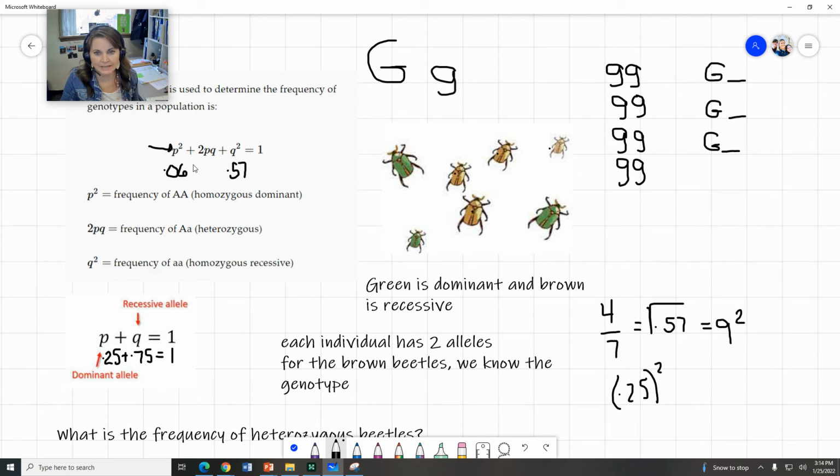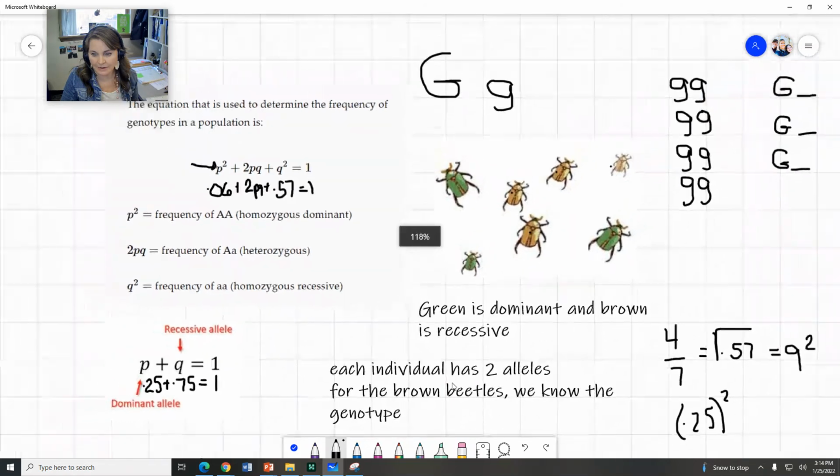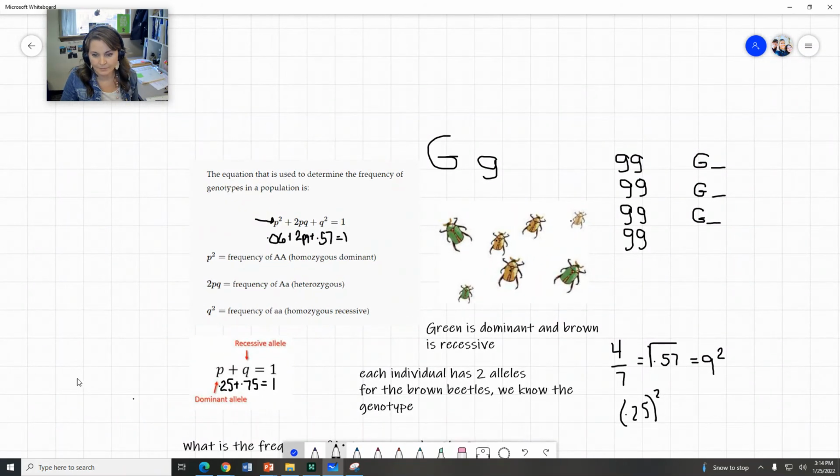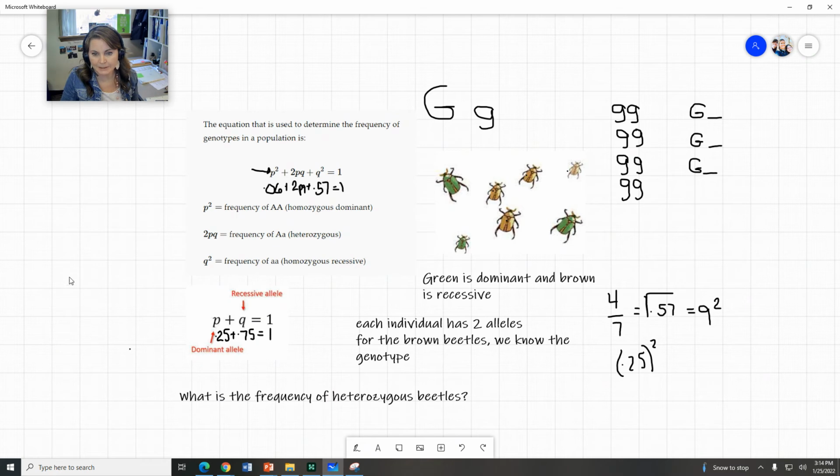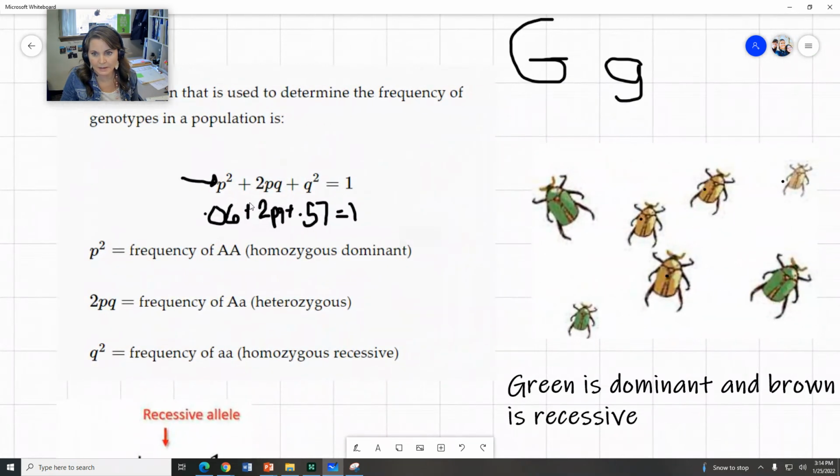So now we have 0.06 plus 2pq plus 0.57 equals 1. The question we have here is, what is the frequency of heterozygous beetles? I want to know the value of 2pq. I don't really need to do anything else here except know what 2pq is equal to. So if I take these two numbers, 0.06 and 0.57, and subtract them from 1,